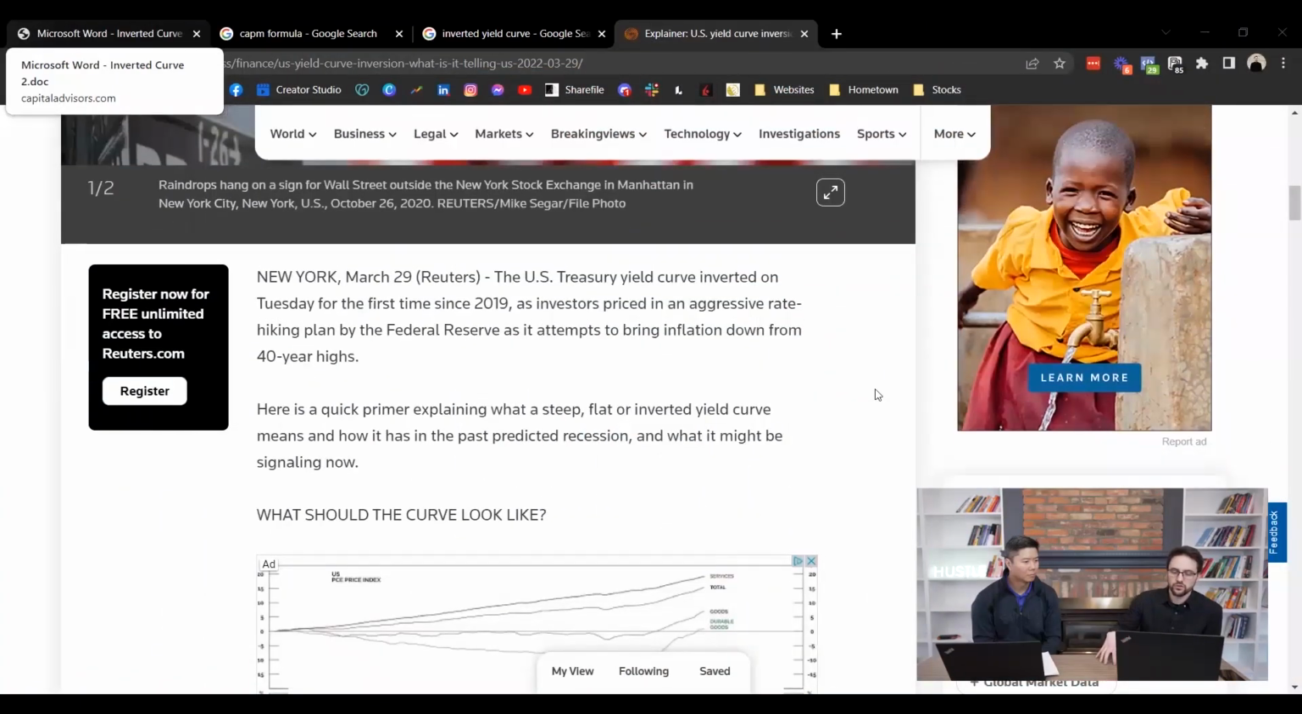I have a Reuters article up here talking specifically about the U.S. Treasury yield curve inverting, and we'll step into that in a minute. But it mentions that the Federal Reserve is attempting to bring down inflation from 40-year highs. We've never seen these numbers before. It's absolutely crazy. These are historic times. Yeah. Right? We had historic, again,